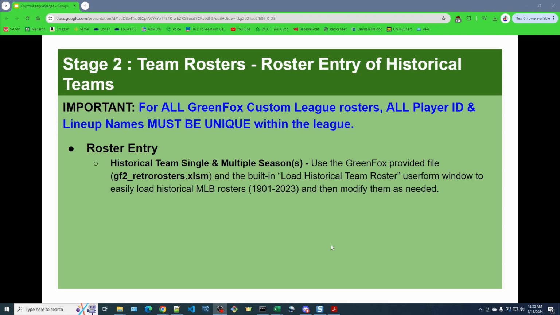then GreenFox has what I would say is quite a helpful way to help you out entering those rosters, by basically using the Retrosheet data and the Sean Lahman database data to provide that historical roster as a starting point, and then you can modify it as needed. From a practical standpoint, let's say I've got a Strat-O-Matic league and I'm going to have the 1968 Tigers as one of my teams. I could load the 1968 Tigers official roster from this